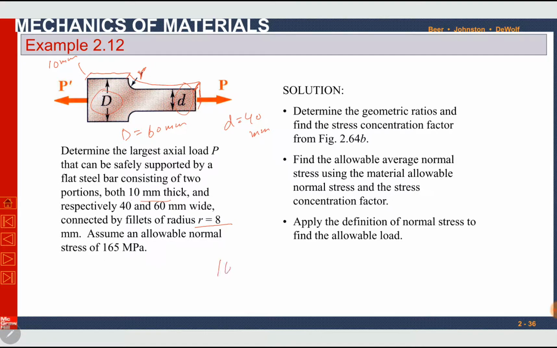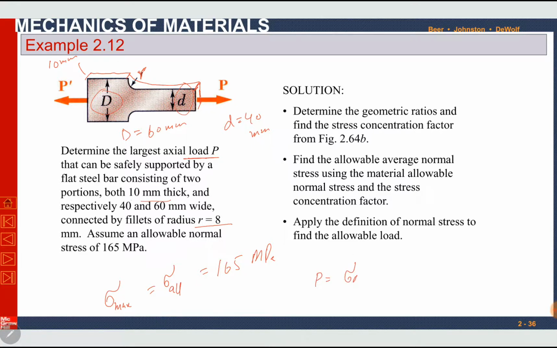So allowable stress. Allowable means this is the maximum value. We cannot apply more stress than the allowable stress. So we will assume it as sigma maximum, or the applied stress cannot exceed the allowable value. So sigma maximum is known to us. We have to find P. P is, determine the largest load P. P is equal to